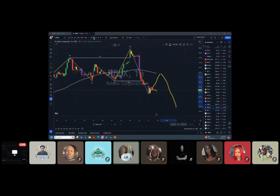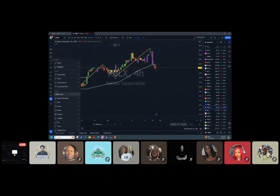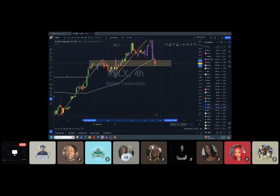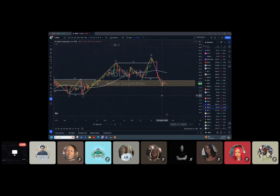But also got to be cognizant of the 4 hour though, right? Because it could bounce. It could bounce in this area too. If you look, here. But what I don't like about it, price is under the 50 moving average on the 4 hour. So that helps me with thinking, hey, grab puts because price is below the 50 moving average on the 4 hour. So I'm looking at that for puts. But if it decides to bounce, okay. Here,